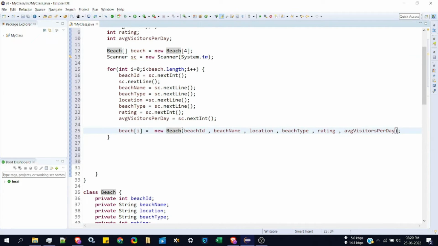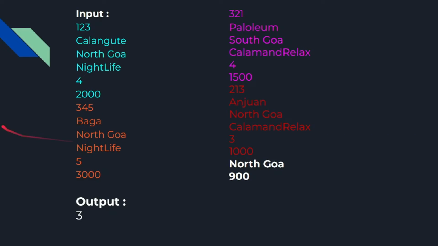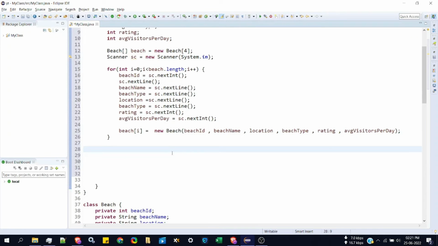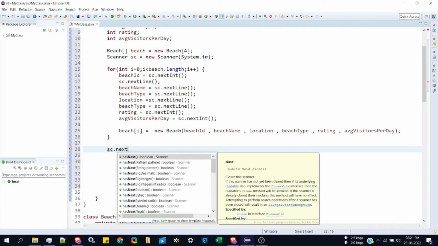After receiving these 4 objects of the type beach, we are also supposed to receive 2 more inputs which are location and the count. Since the location is of type string and we are receiving the input of type string immediately after receiving the average visitors per day count of the last object which is of type integer, we are supposed to move the cursor to the next line manually. So we'll write sc.nextLine,